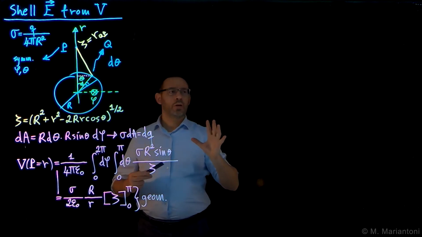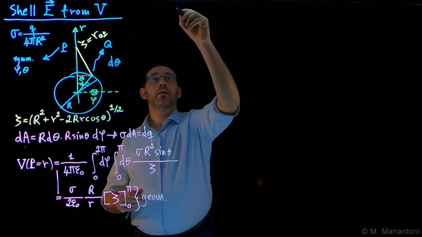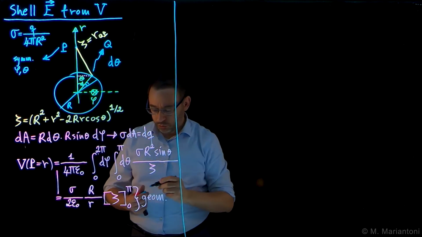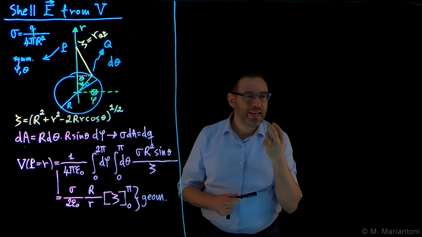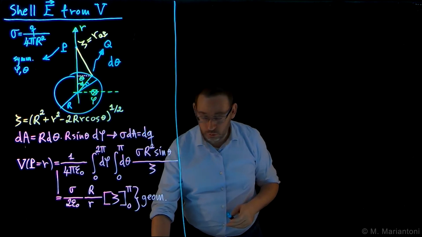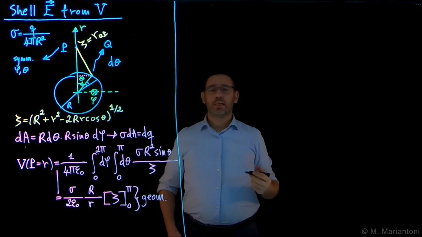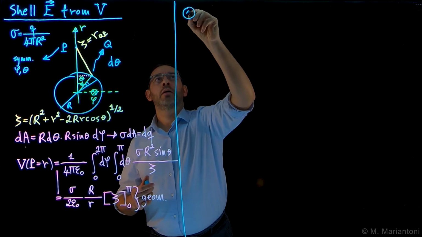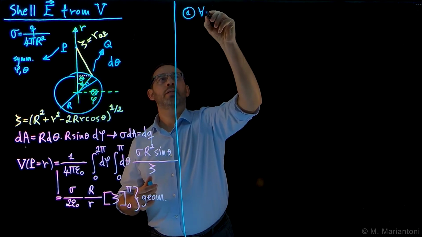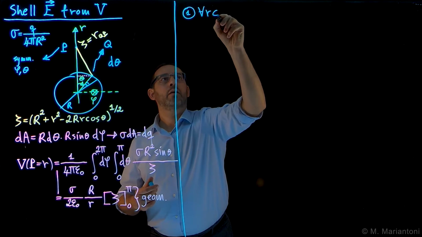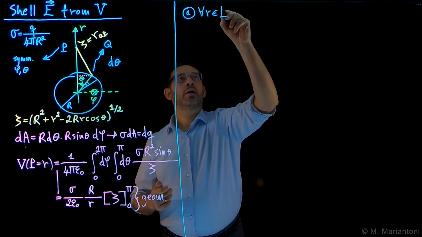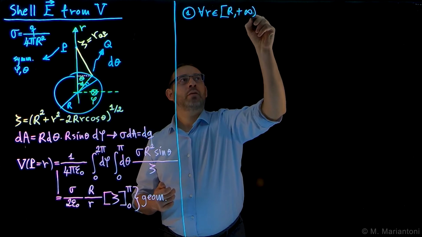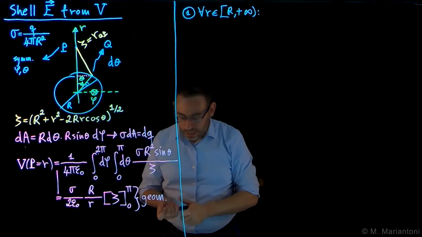Okay, so how do we find the solution geometrically, which I think is a very elegant, very beautiful method to find the solution? Well, let's distinguish between two regions. As always, region 1 is for each point r in the domain from capital R to plus infinity. Note that I already here